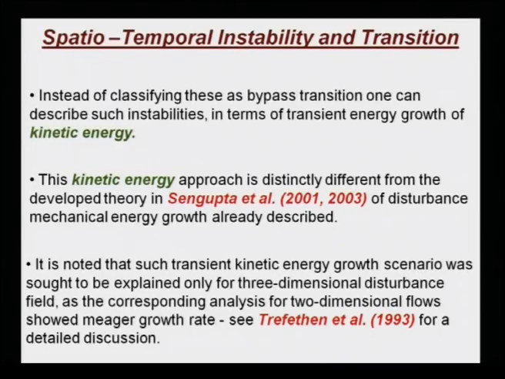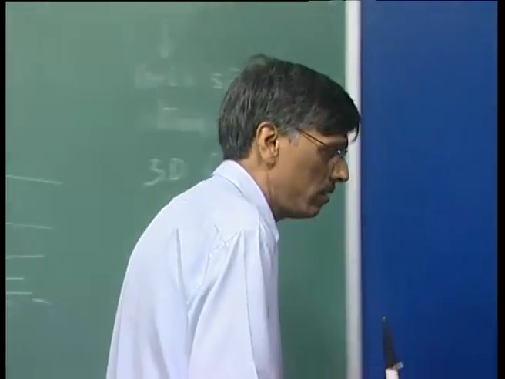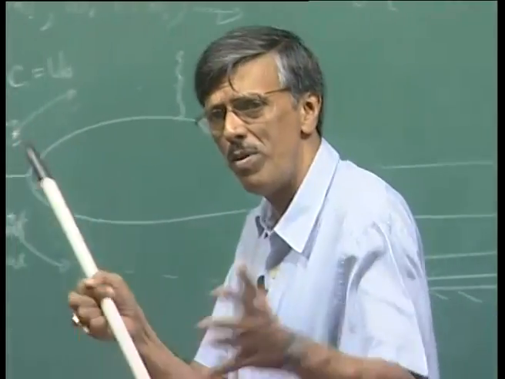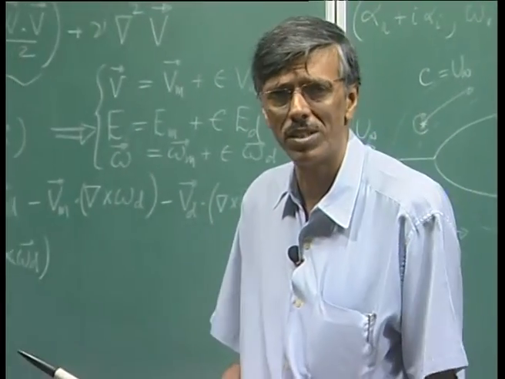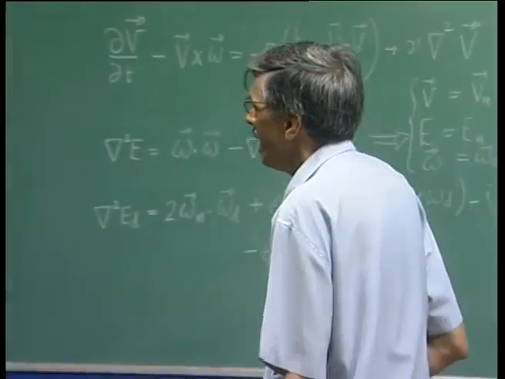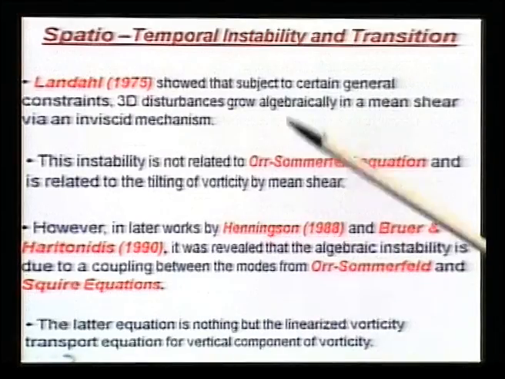Okay? This has been very clearly pointed out by Trefethen et al. in that 1993 paper in Science. They talk about how this so-called transient kinetic energy growth is probably a probable mechanism for a three-dimensional flow field, but not necessarily a two-dimensional flow field. In the context of this so-called bypass transition,